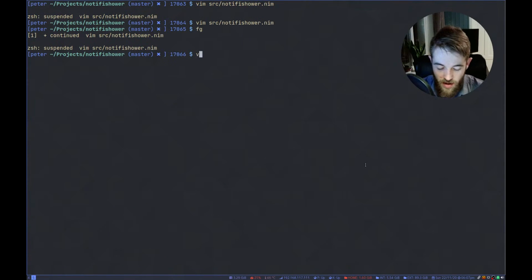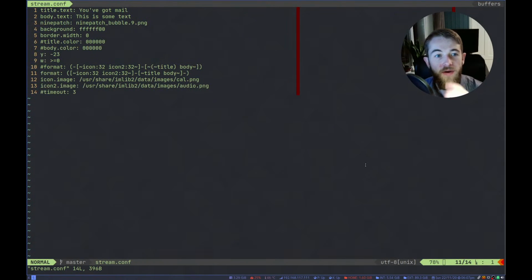So right now, if you have a look at this file, this is our format, and this is a container, or as it's called in the code, a stack. I can give this a 9-patch background, I can give this a 9-patch background, but I want to be able to give this whole thing a 9-patch background as well, or just a regular solid color background.